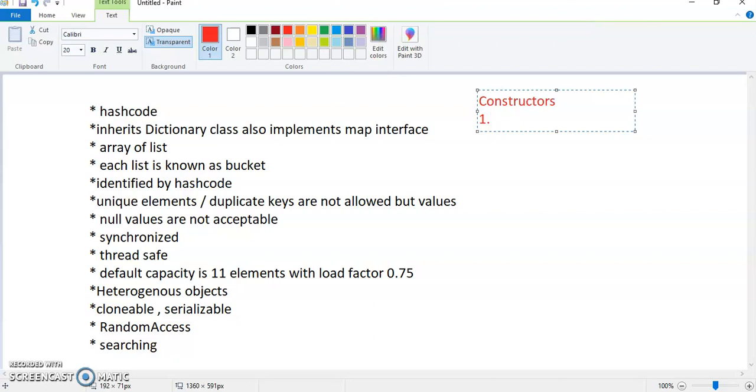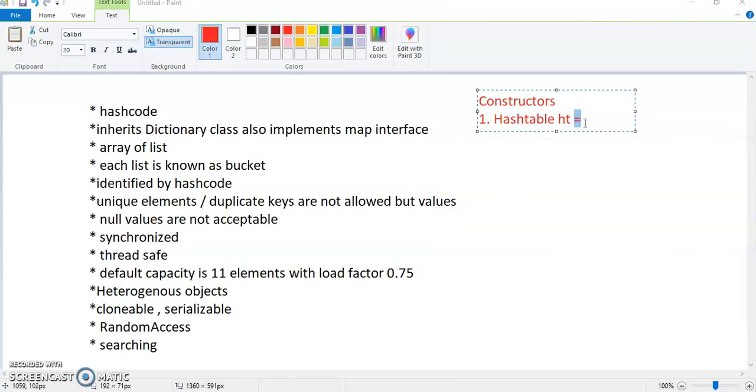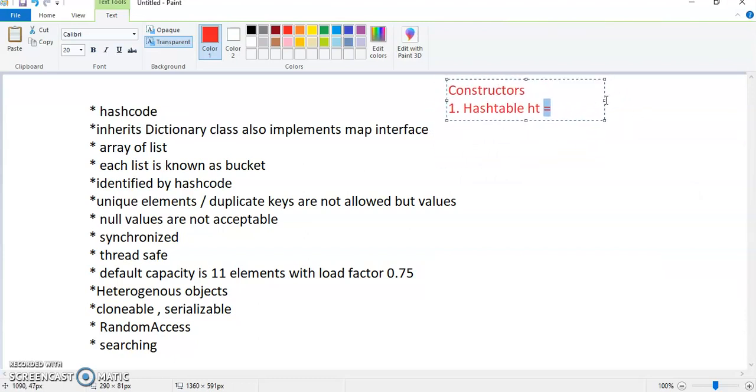Number 1: suppose ht equals new Hashtable. In the brackets it's empty, so it will create a default Hashtable with the capacity of 11 elements.